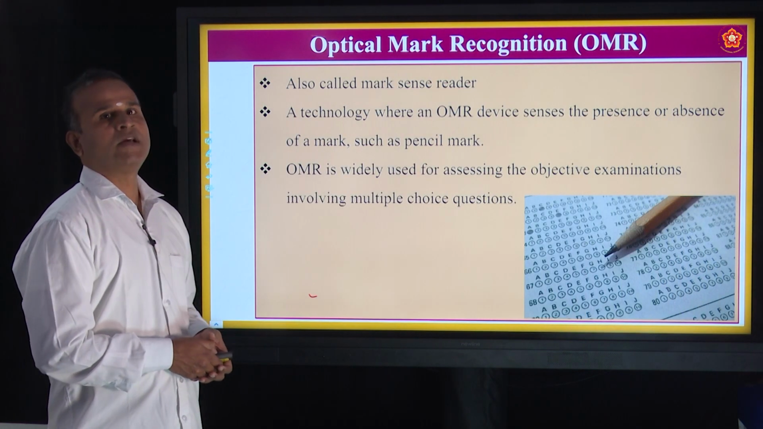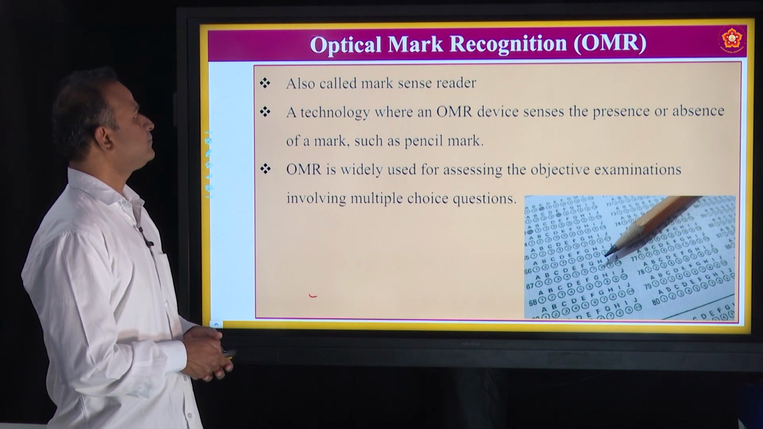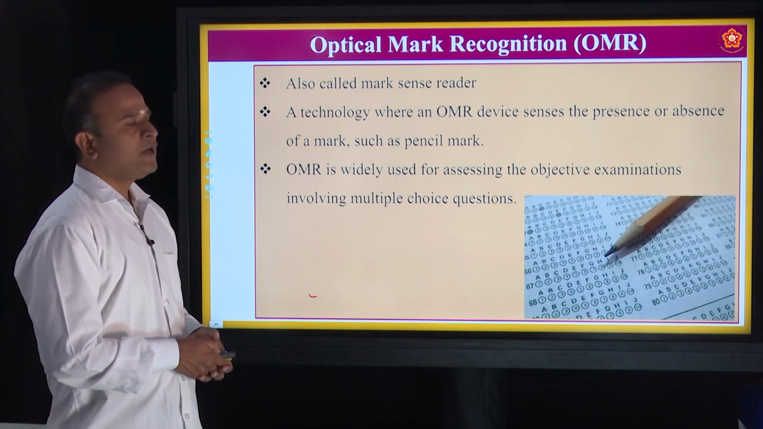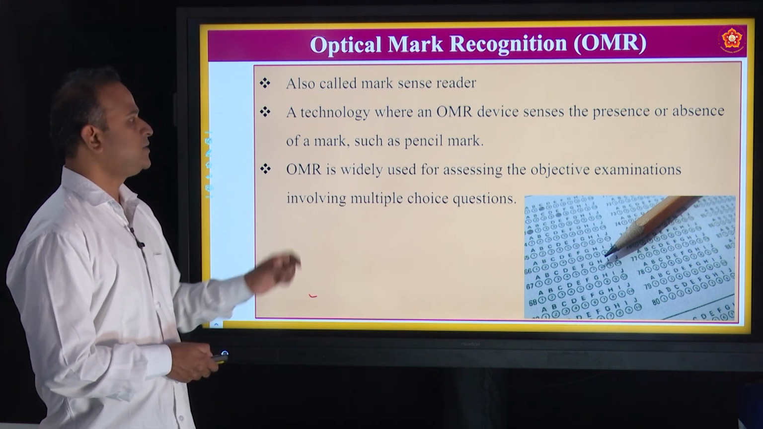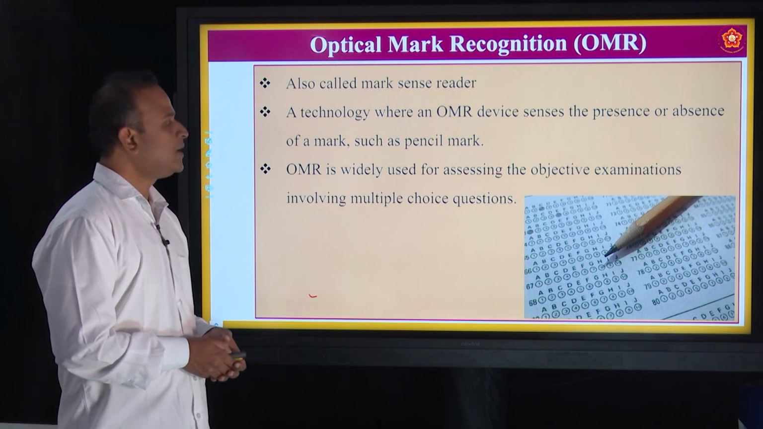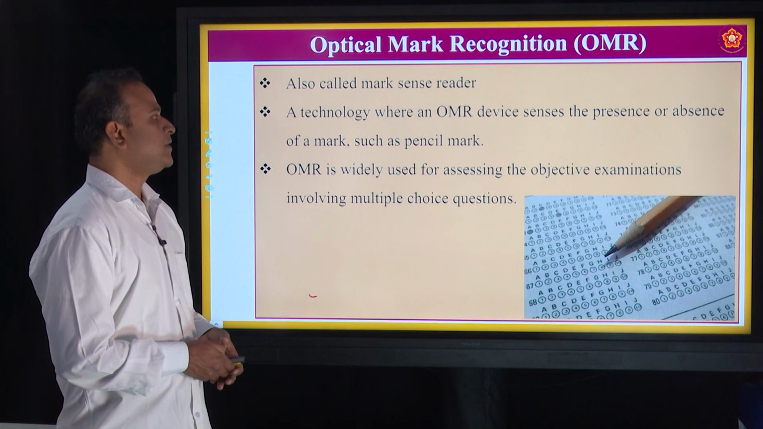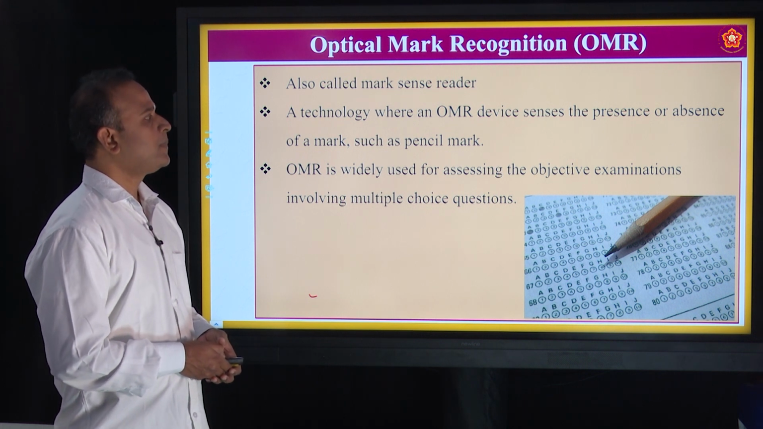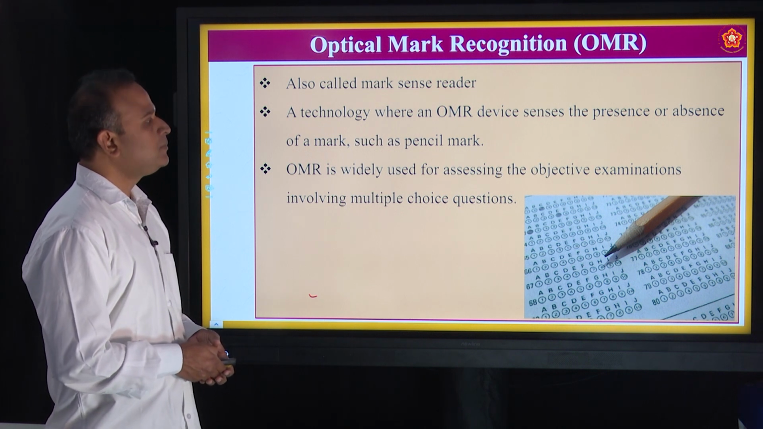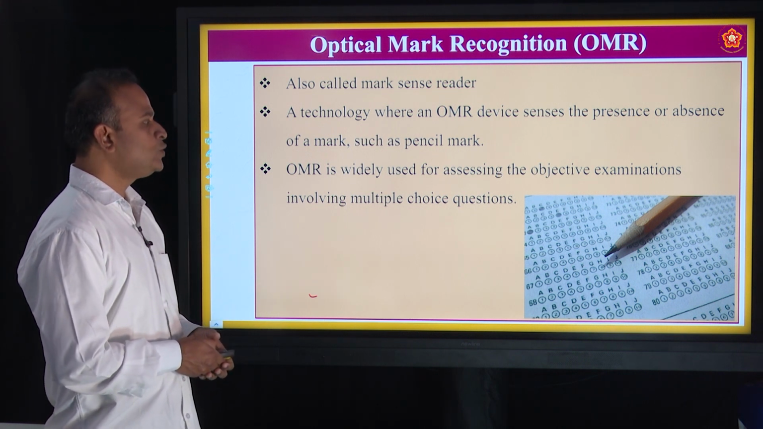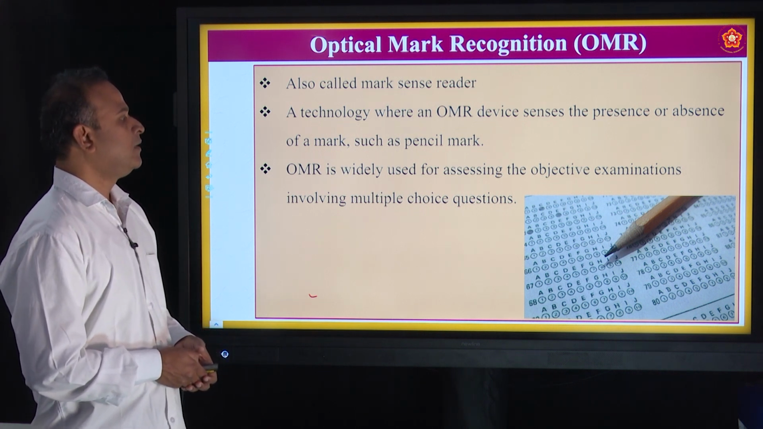Moving on, next we will see about OMR, the Optical Mark Recognition. The OMR devices can sense the presence or absence of a mark such as a pencil mark. Say for example, in an academic examination, when objective type questions are prepared, this kind of OMR will be useful to recognize the presence or absence of the mark that has been applied